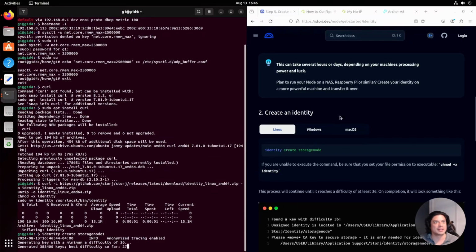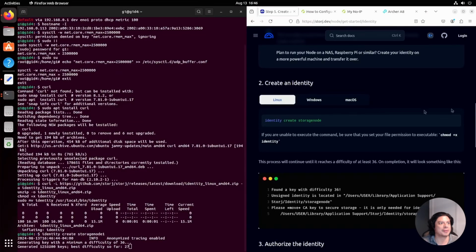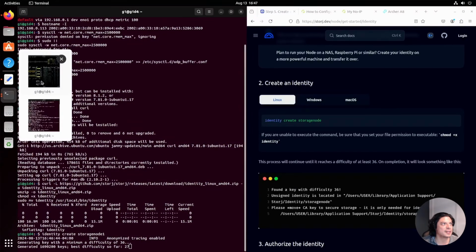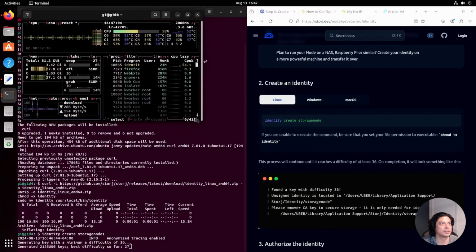And this is the thing that can take several hours or days. It doesn't actually take that long. Well, it depends on your system. So I'll come back in a little bit and show you guys what it does, but to see what it's doing and to see a little bit more about the hardware I'm running,